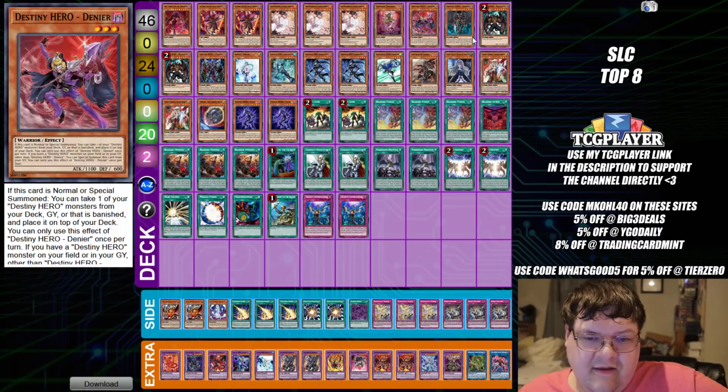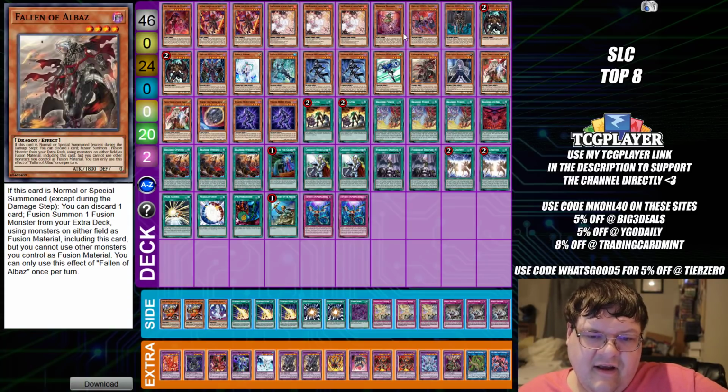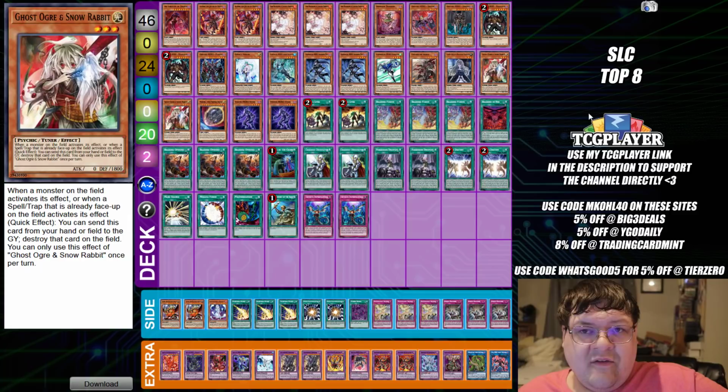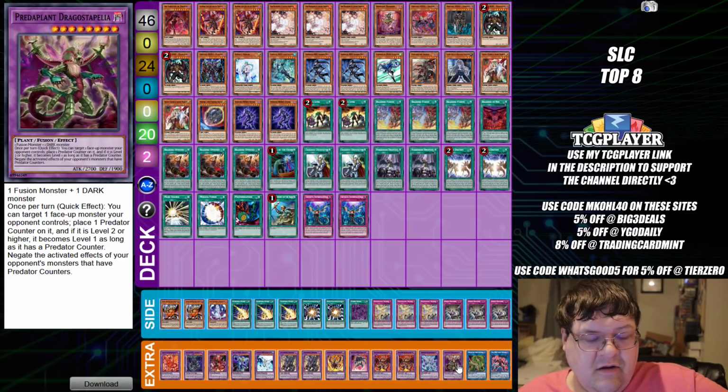I still feel like we have too many bricks in terms of the high level stuff, and I also don't like the fact that we're only on 1 Tragedy, 1 Albaz, but it is a sub engine, so I guess that's fine. Down here in the extra deck we have 1 Cross Crusader, 1 Verte Machine, 1 Dragostapelia